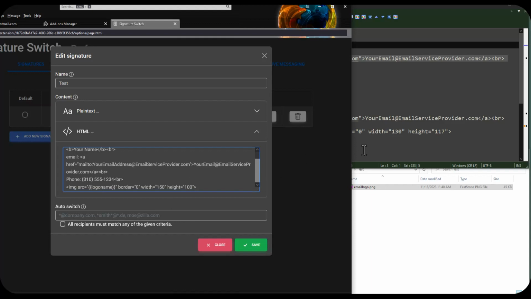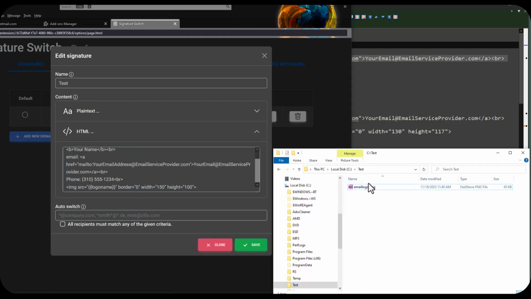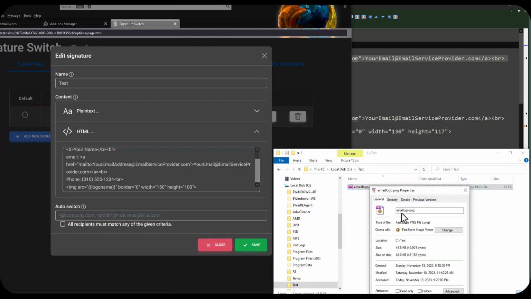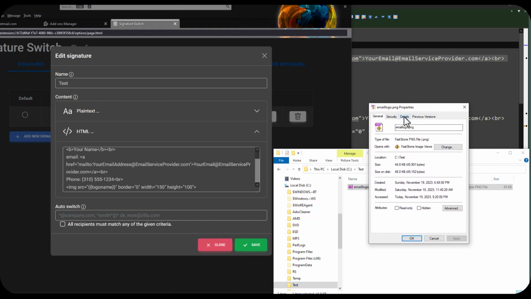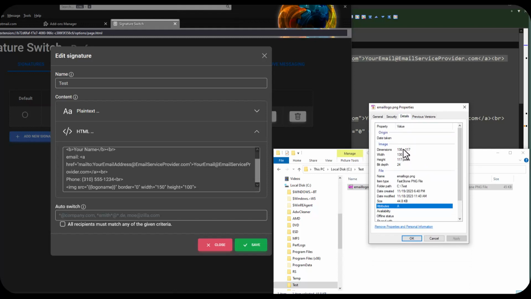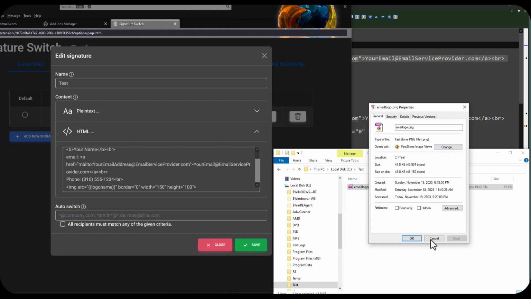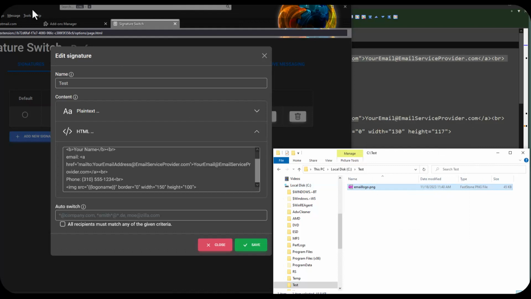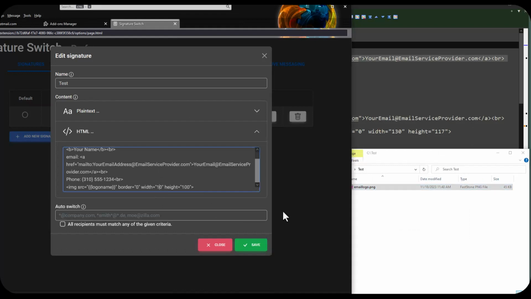And this particular image, you can actually check the image properties to see what the resolution of the image is. 130, so it's basically 130 width, 117 height. You could actually put whatever you want, but obviously if you put the actual resolution, actual measurements of the image, it'll display properly the way it should show or display. So anyway, 130, 117 we're gonna use, so make sure you change that to 130 and 117 here for the